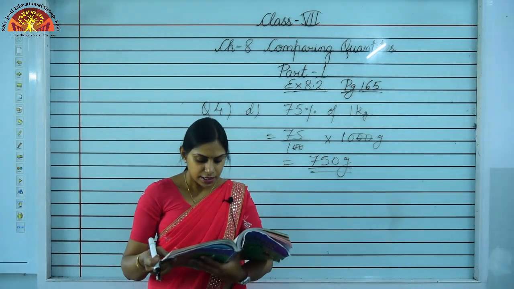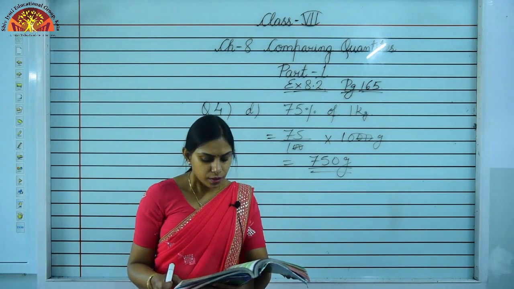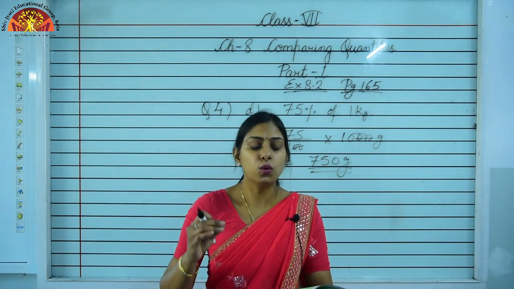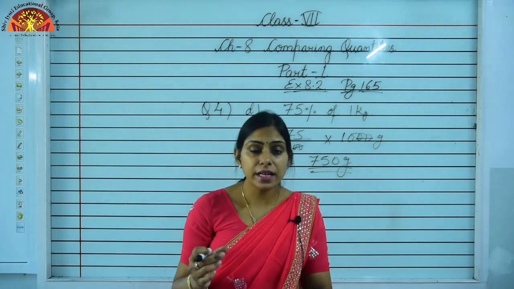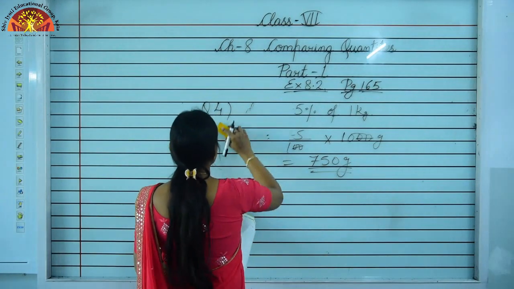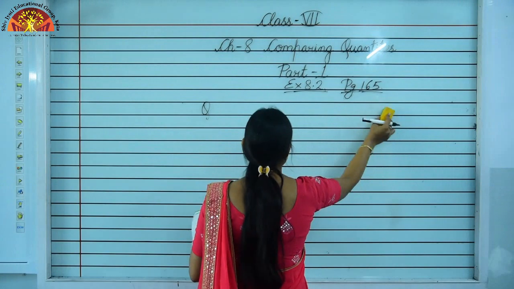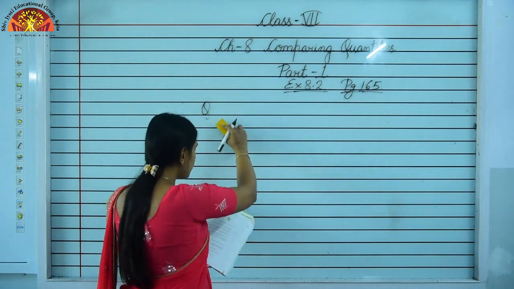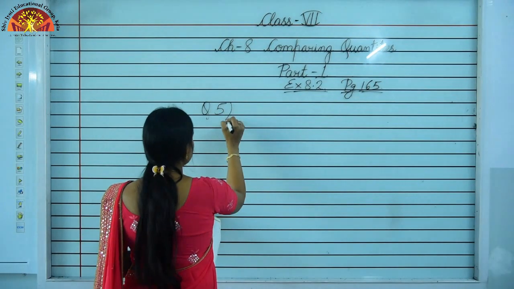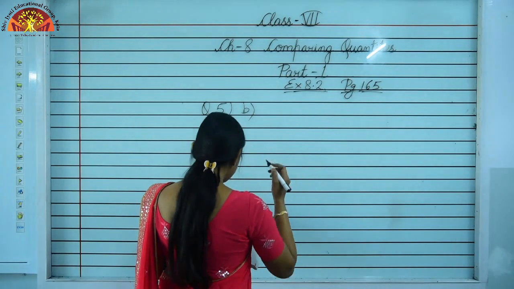Okay, it's a different type of question. It's very much easy. Question number 5. Find the whole quantity if, okay, you have to find the whole quantity. मतलब आपको क्या करना है? एक unknown value यहाँ पे find करनी है. So just see the question. If your concepts are clear, you will not face any problem in solving the question. So question number 5, we'll just solve the B part. It is 12% of it is 1080.